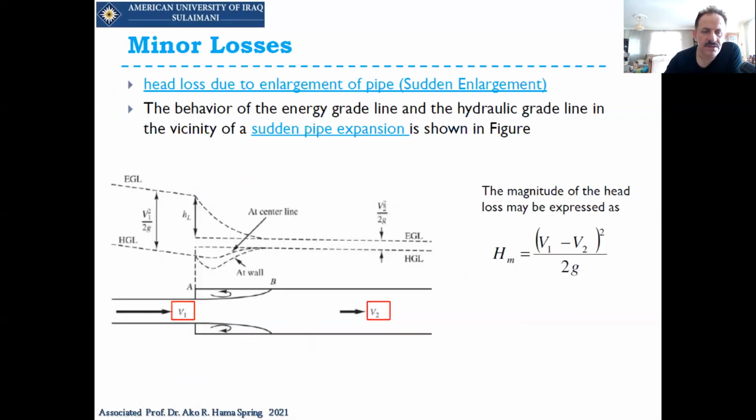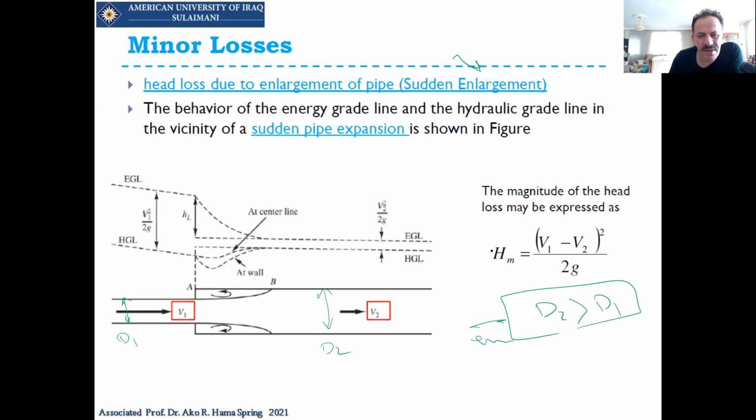Now, this was the second thing. The third point that we have, the opposite of contraction, is enlargement. What that means is we have a pipe with a specific diameter, and suddenly it is enlarged to another diameter, so D2 is greater than D1. This is called enlargement. Due to this enlargement, there will be a minor head loss.